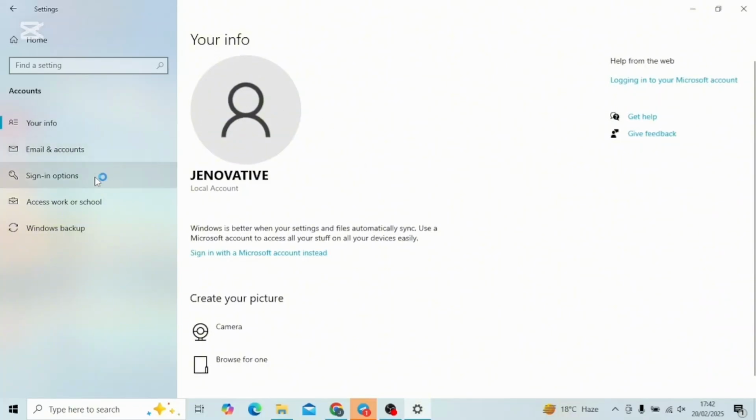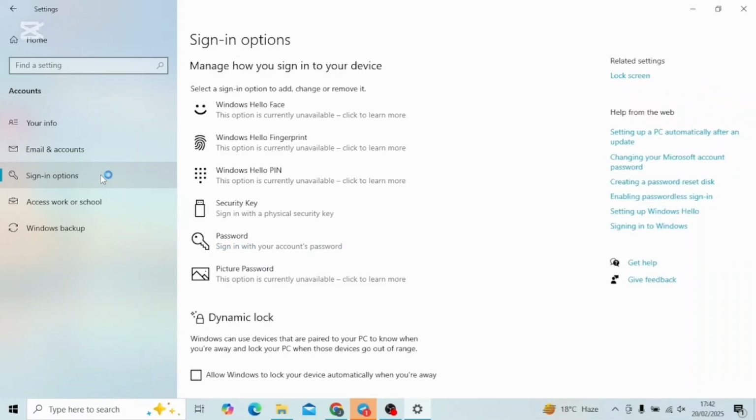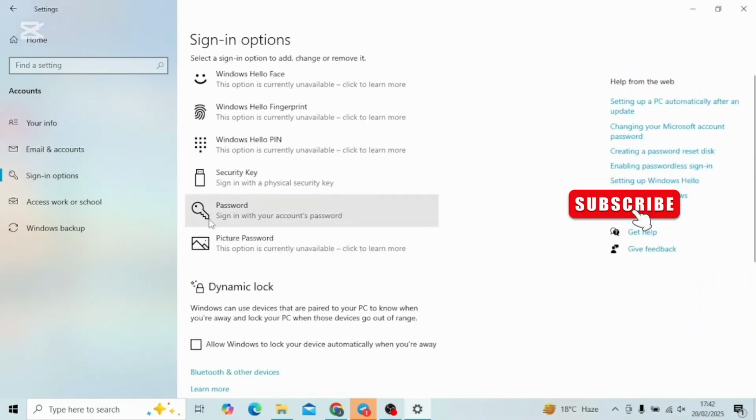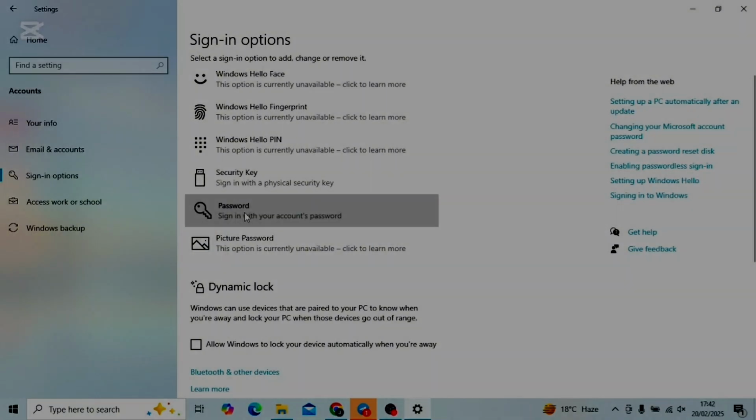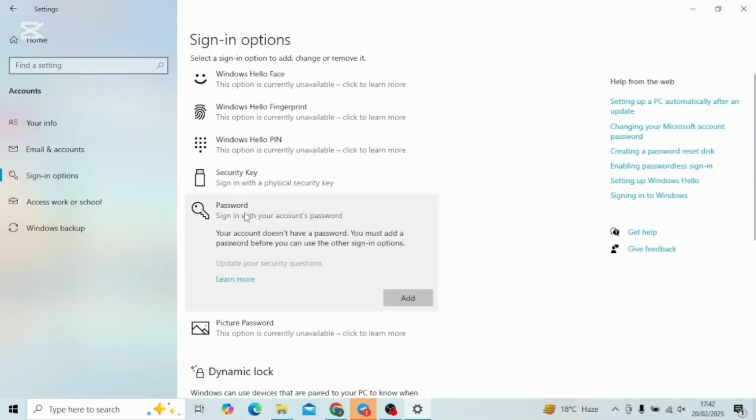From the left menu, go ahead and locate this option called Sign-in options. Open it up, and from here you'll find different security options. Go to the Password one, and once you are here, you'll find this Add option. But if you already have set up a password, you'll find Change instead of Add. Just go ahead and tap on Change and follow the on-screen prompts in order to change your password of